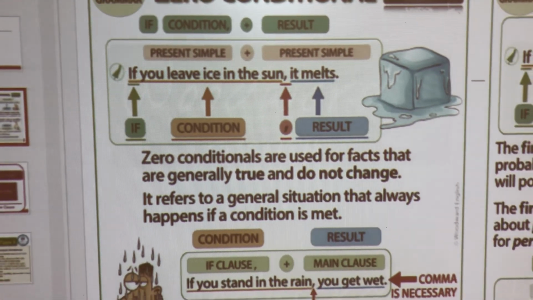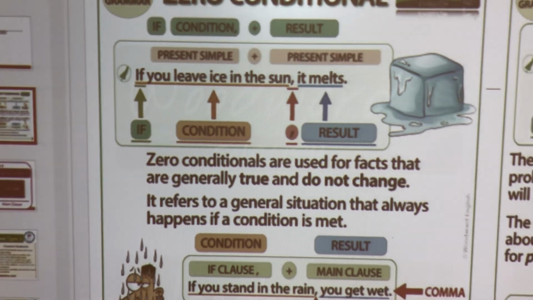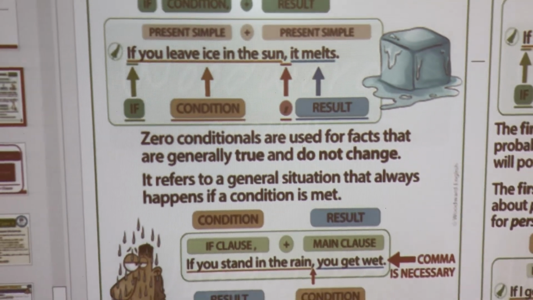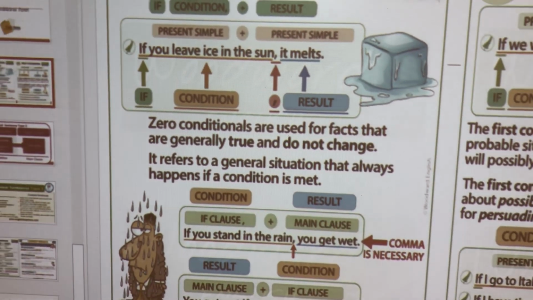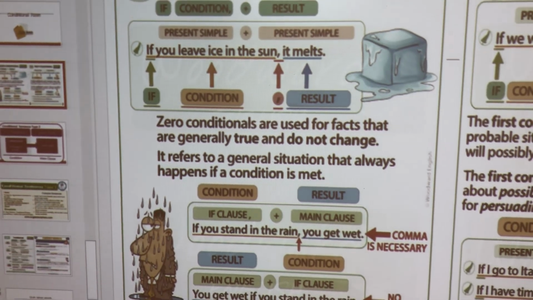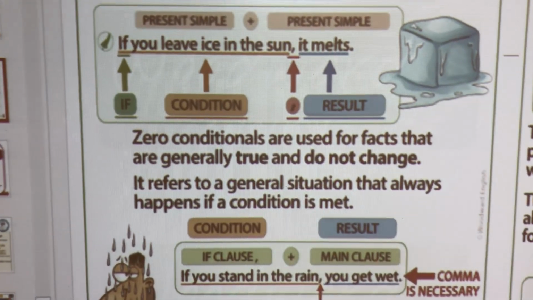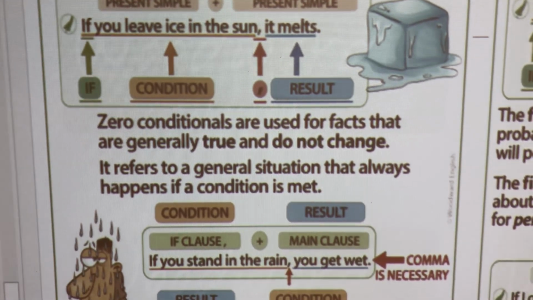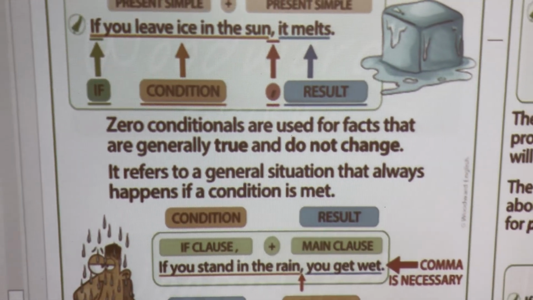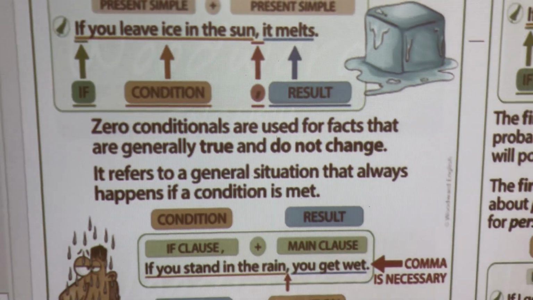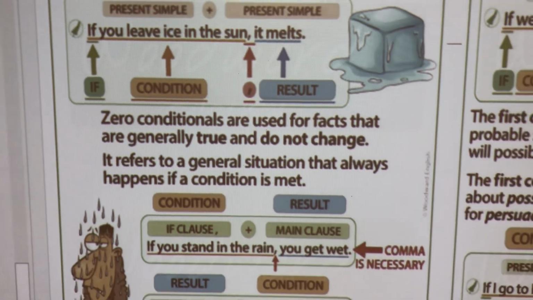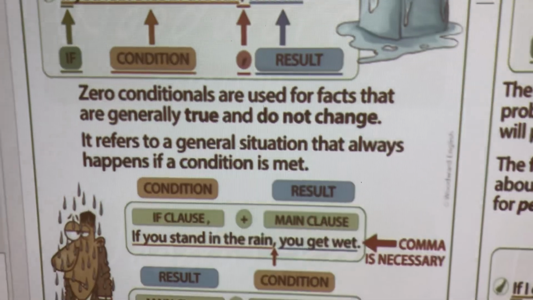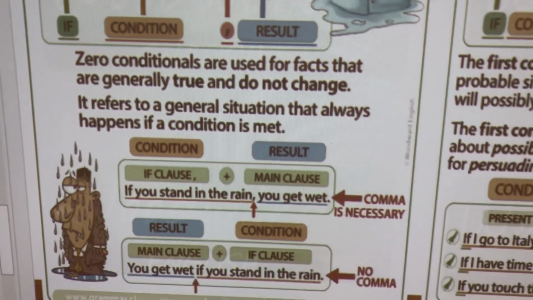And both should be in the simple present or the imperative, even though it's not mentioned here. So the zero conditional is definitely used for facts, as we have seen before, and it's not supposed to be changed unless it is a fact made by someone, then in that case it could be changed. But most of the time, facts, especially scientific facts, they never change. Or mostly never. Almost never.